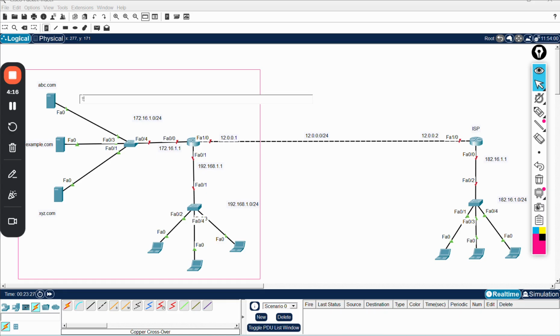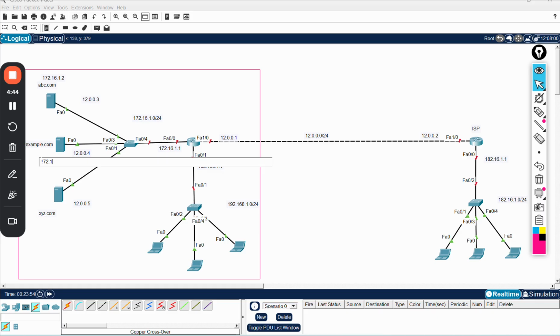So this is 12.0.0.3, this is 12.0.0.4, and this is 12.0.0.5. But the private, or internal, IPs are 172.16.1.2,